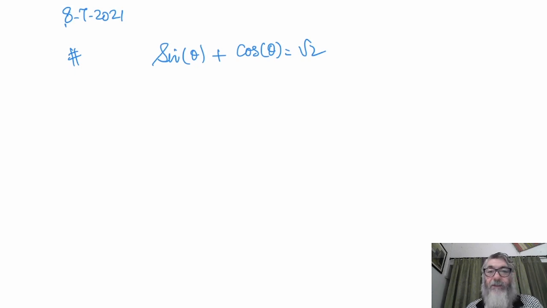In these kind of questions, whatever is the coefficient of sine theta and cos theta, for example, there is nothing with sine theta, that means 1 is here and 1 is here. What we do is we find 1 square plus 1 square, whatever the coefficient may be. If it is a and b, it's under root a square plus b square. This will come under root 2. We divide the complete equation by root 2.